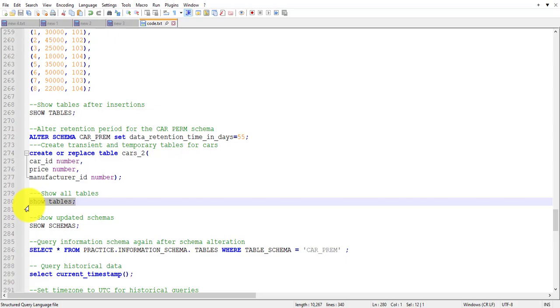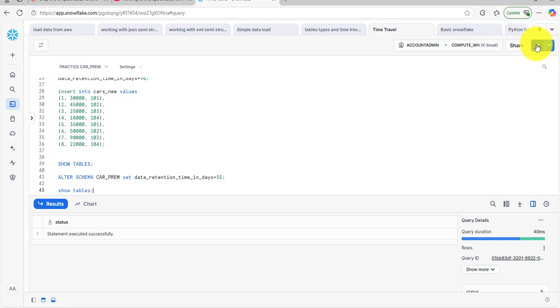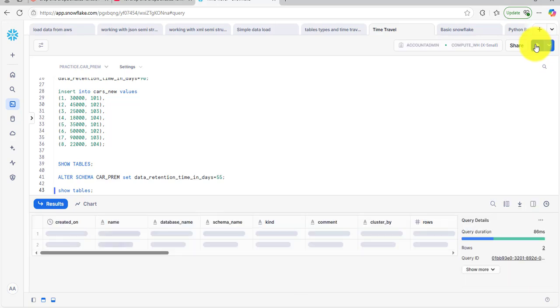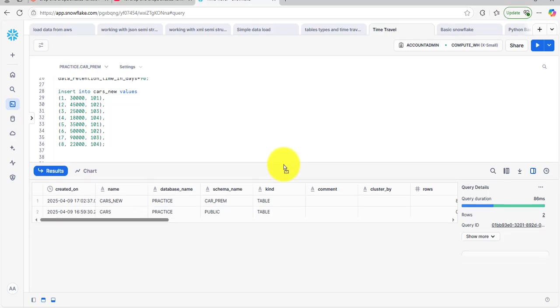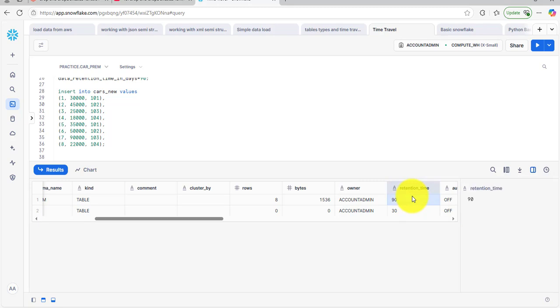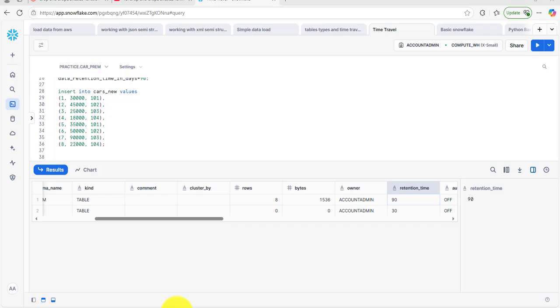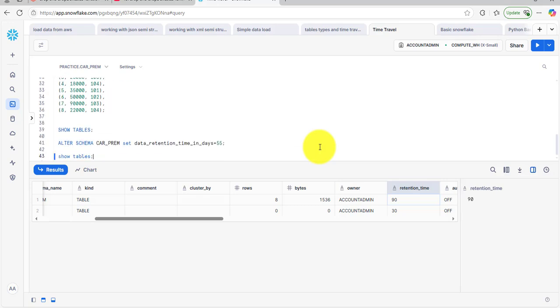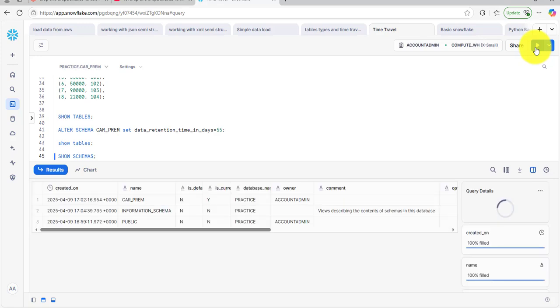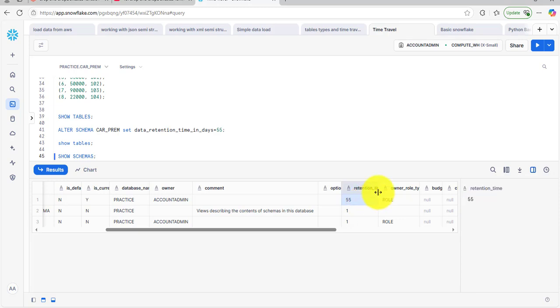Show tables. Retention is 90 and 30. We can check the schema as well because we have changed the retention period of the schema. You can see its retention period is 55.